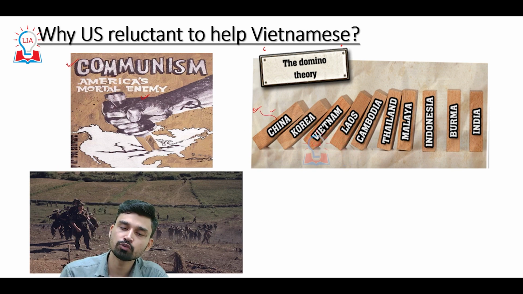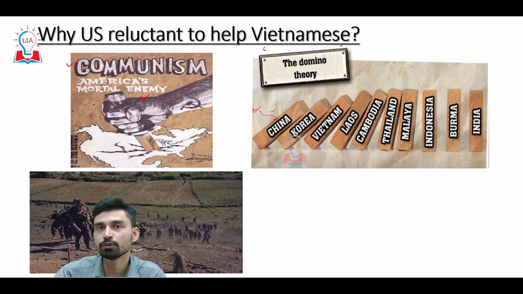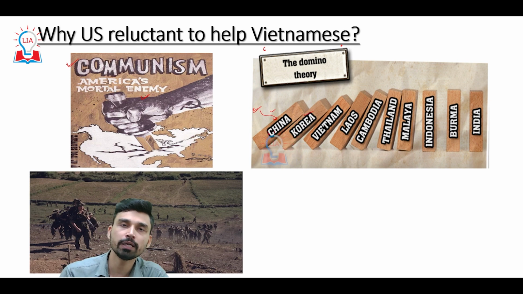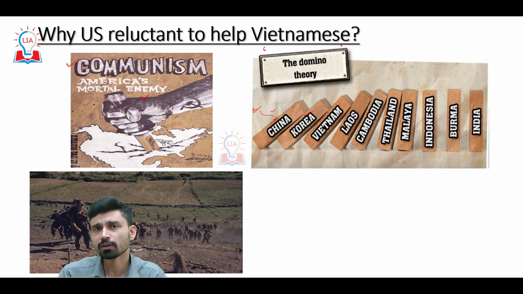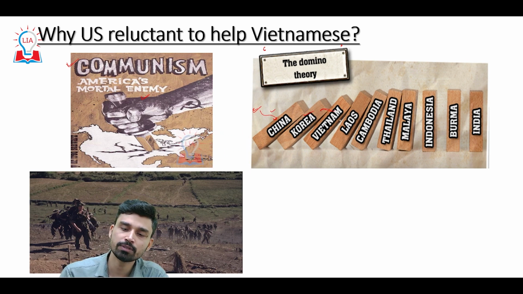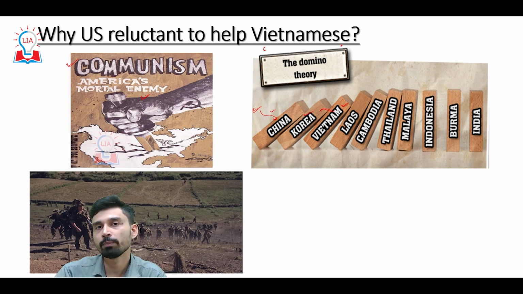After the Soviet Union, China came under the influence of communism. Then after China, Korea: we know that North Korea came under the influence of communism. And after Korea, the Chinese and Soviet forces wanted to establish communism in Vietnam too. That is why the US government felt that if Vietnam came under the strong grip of communism,